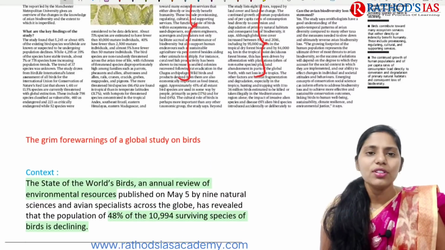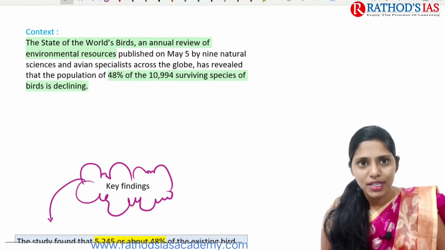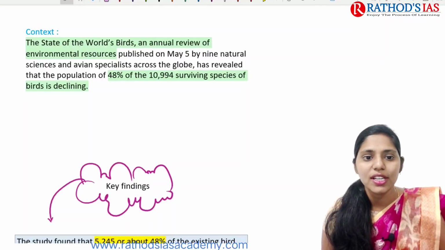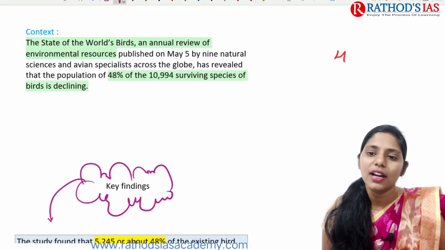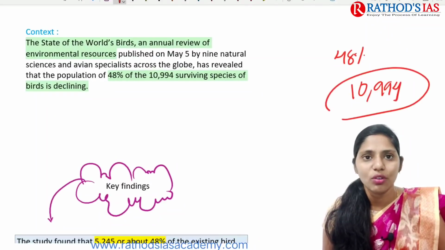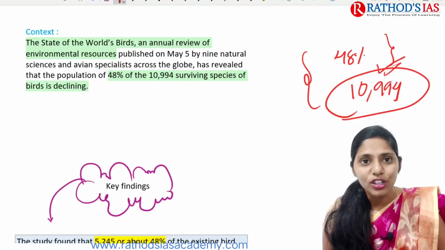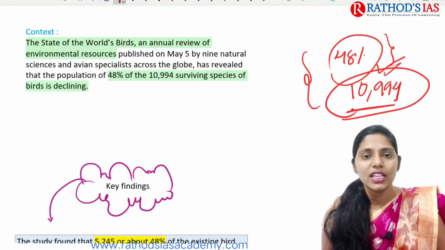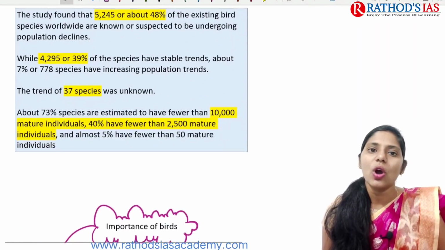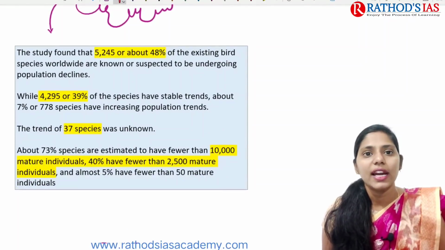So here, if you see the context, as you all know, the State of the World's Birds report was released recently, and this report says that 48% of the 10,994 surviving species of birds are mainly facing some threat. There is a declining population of these 10,994 surviving bird species. If we talk about the key findings of this report, it mainly says that the study found